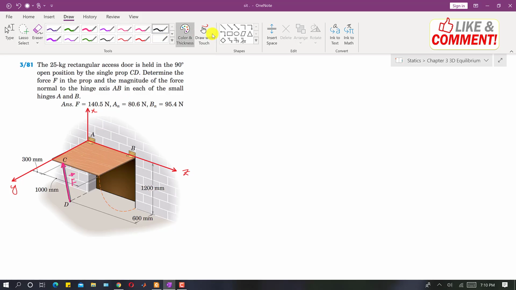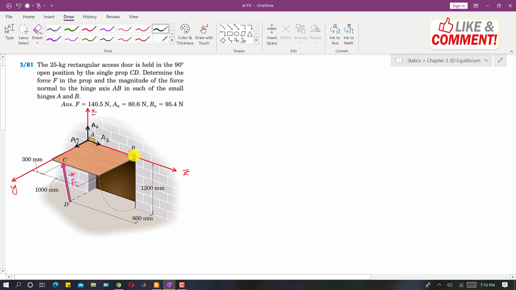And similarly we will have reactions at point A, which will be, let's say that the reaction at point A along Y is acting like this. This is our positive X, this is our positive Y, and this is our positive Z, right? So there will be a reaction in the positive Y direction. Let's say this is AY, and similarly we will have one reaction in this direction. So let's say that this is AZ, and similarly there will be a reaction along the X direction. So let's say this is AX.